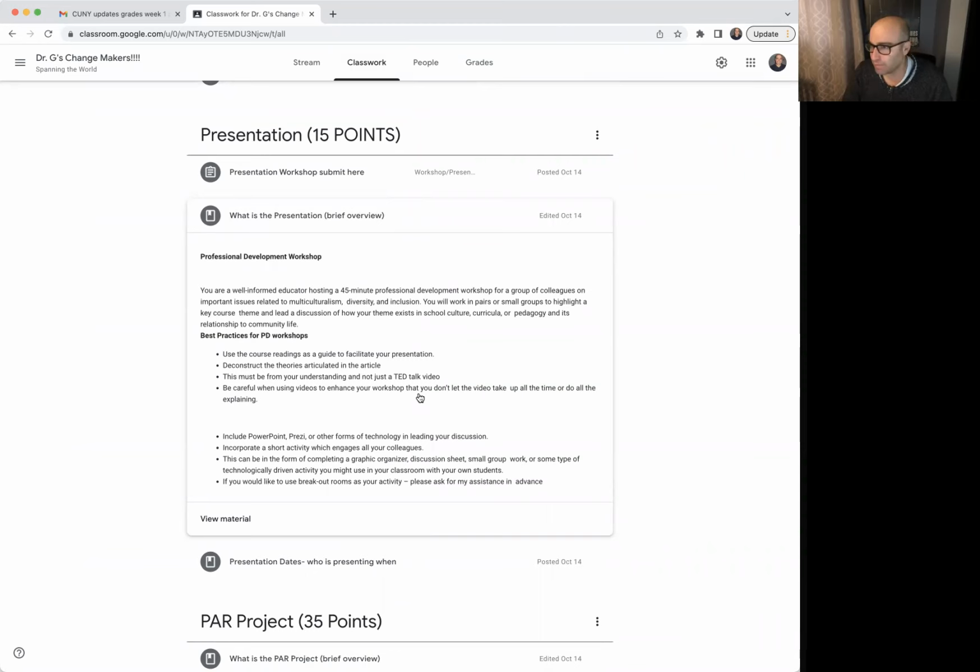By email. And the point here is to pick one of the big themes or big ideas from the course and discuss professional development. That means you're going to be training other teachers. You're the expert, training other teachers about how this particular theme exists right now, currently, whether in your individual school, in larger school culture across New York State or across the boroughs themselves, or within the Department of Education, maybe how it shows up or doesn't show up in curriculum.